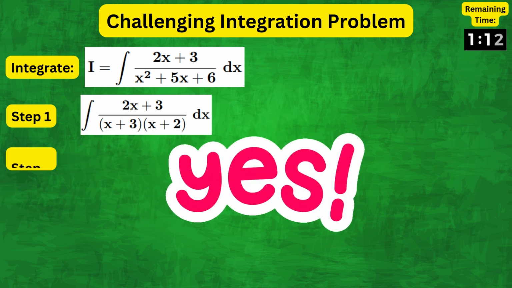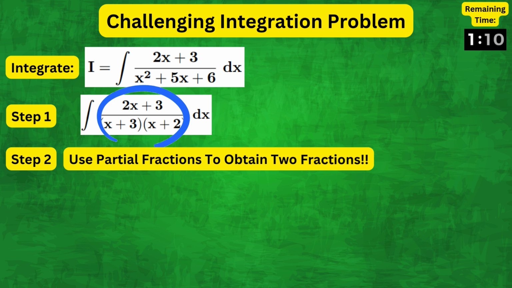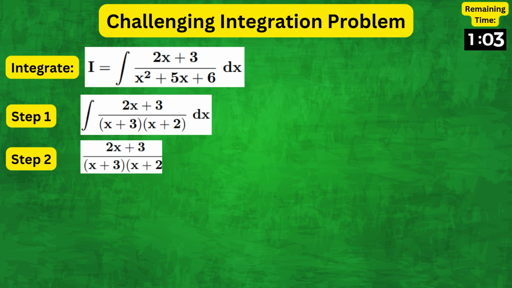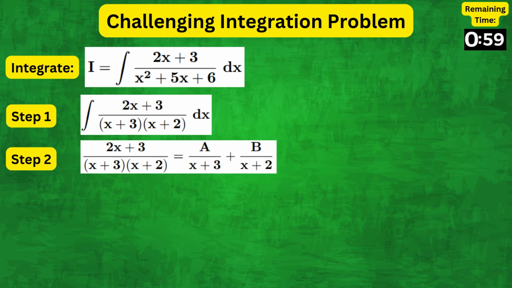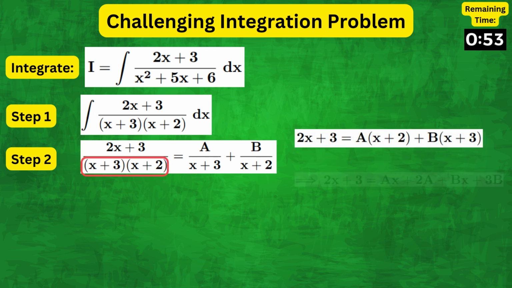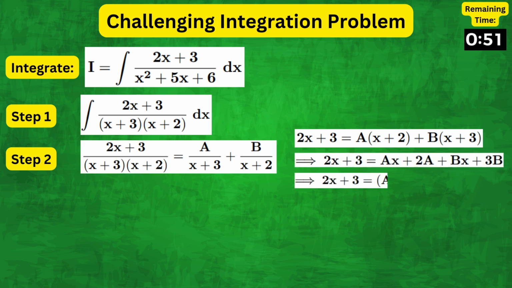Yes, you are correct. We can use partial fraction decomposition to obtain two simpler fractions which would be easier to integrate. So, we can rewrite this as A over (x + 3) plus B over (x + 2). Now, multiplying both sides by the denominator and expanding, we get 2x + 3 equals (A + B)x